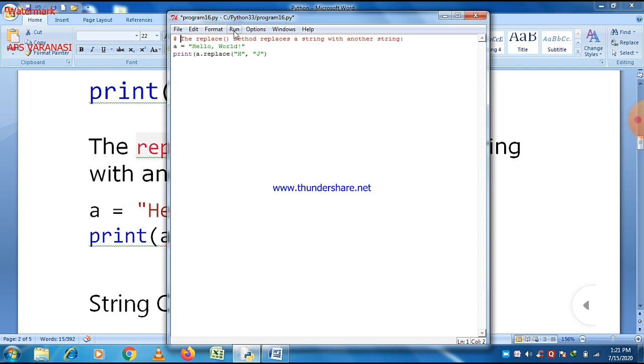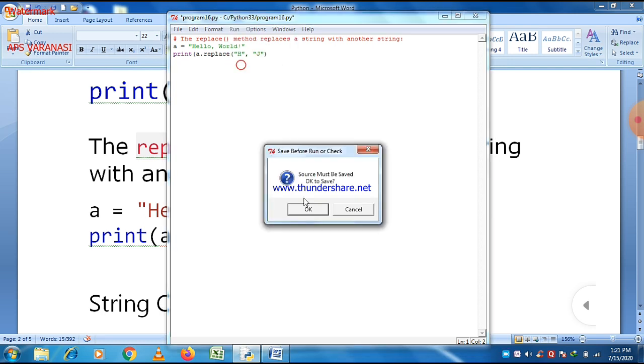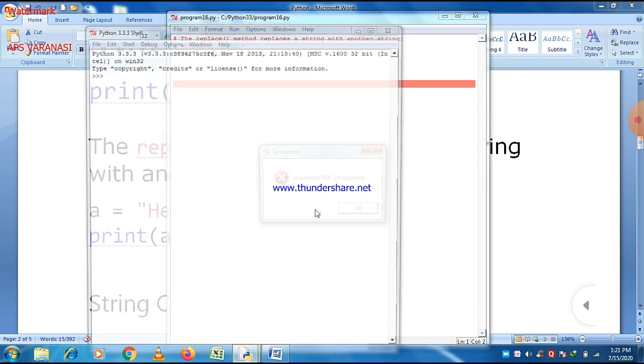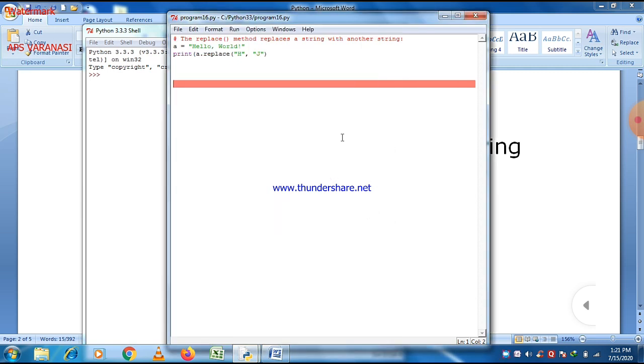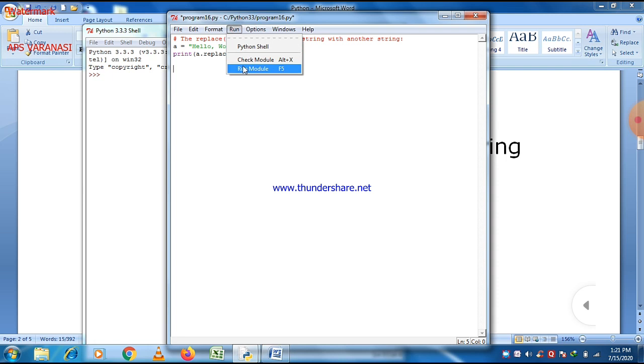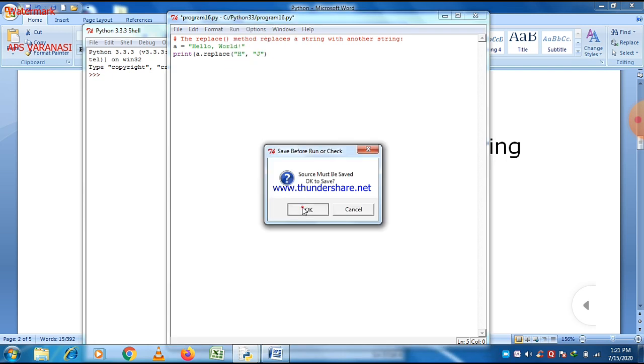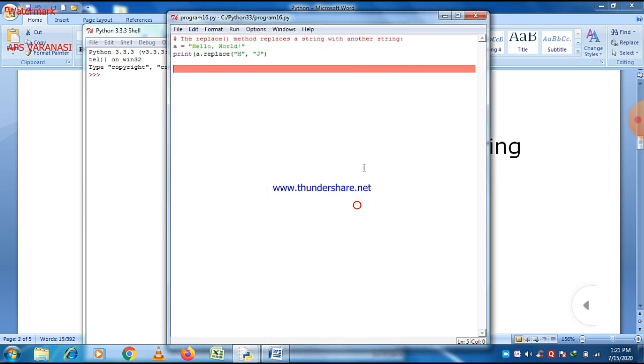If you don't provide proper indentation, then there will be an error. As you can see, an extra space is given here. This type of error is because of the space, and if you remove it, the program will be executed successfully.